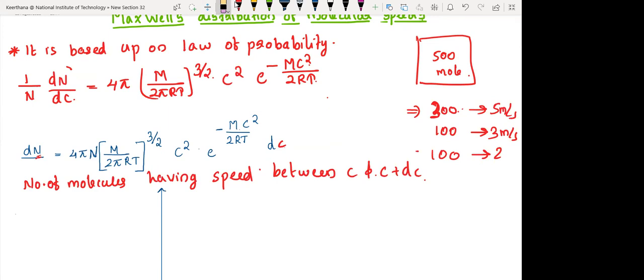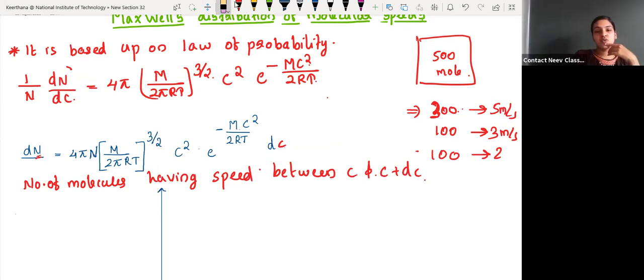Okay, ma'am. In standard texts, you can find the equation only in terms of c, like dc. If you write v instead of c, that is also right. You can write c, it is the speed of gas molecules, and that will vary. That is not the speed of light, and there is no connection with the c which you studied in physics and in chemistry. It is simply speed, or simply v.